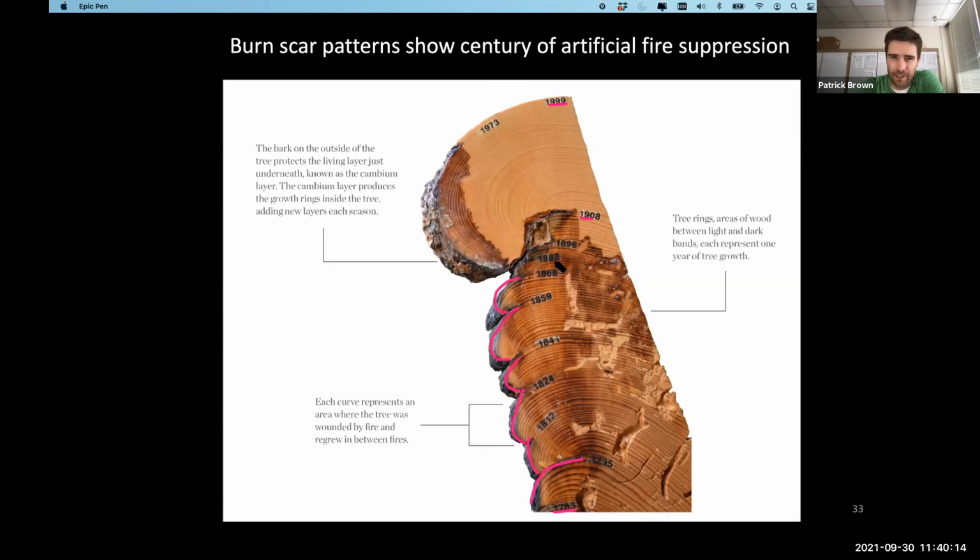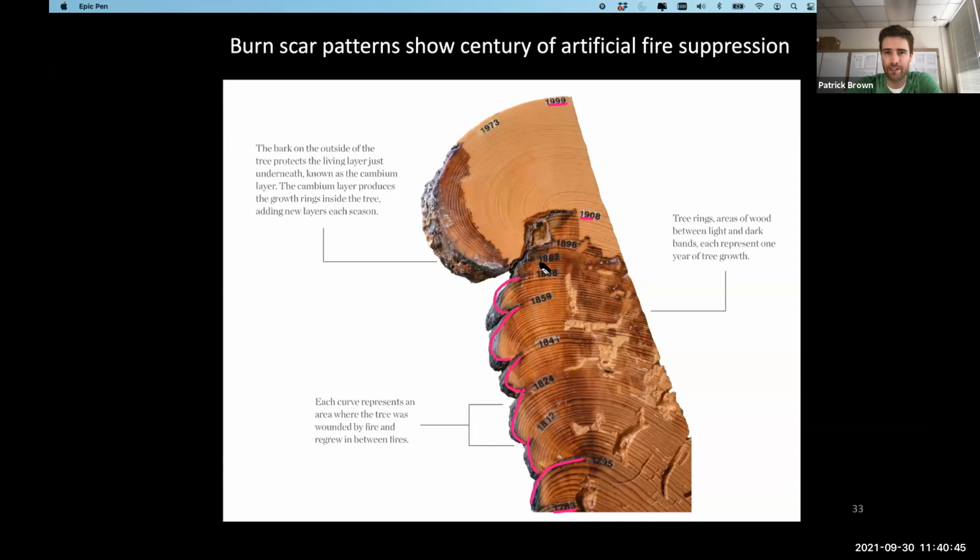And you can see there was 1, 2, 3, 4, 5, 6, 7, 8, 9, 10. So 10 fires over this period of time. So every decade to a couple decades, there was a fire experienced by this tree. And obviously the fire was not so severe that it killed the tree, because the tree's still there, available to record the next fire. And so this was kind of the condition that it was in.